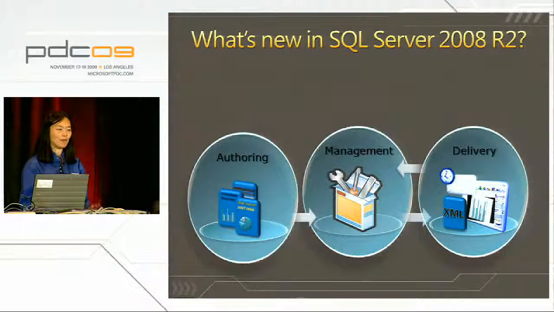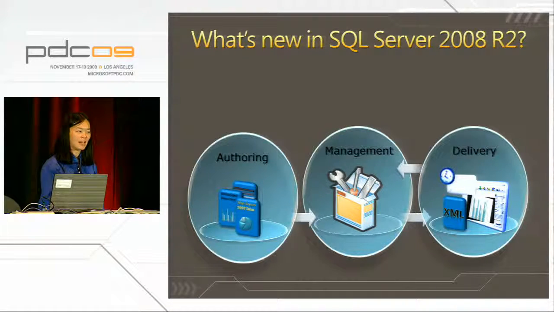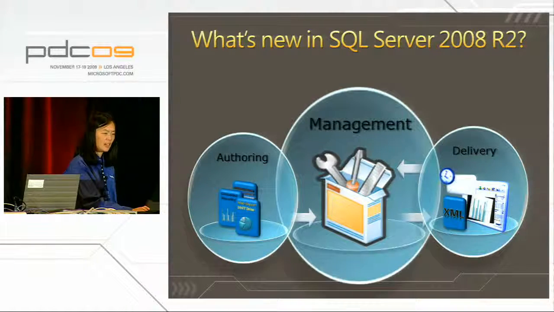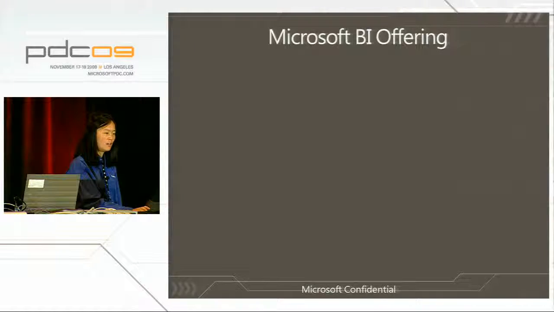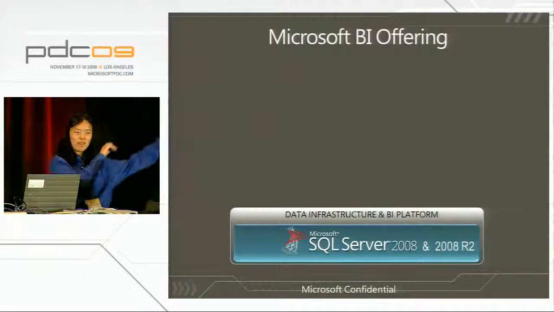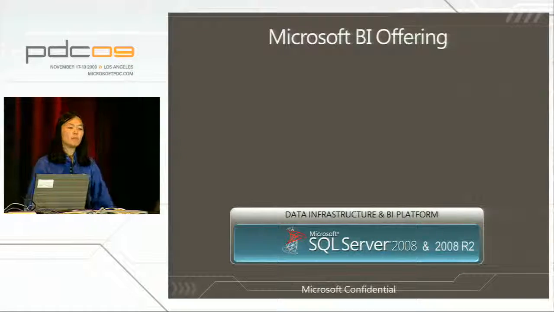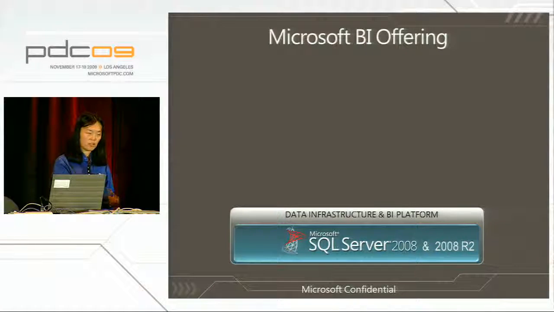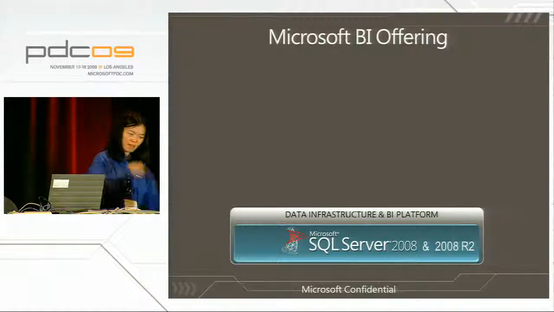So we have talked about what's cool in the authoring side. I want to touch base a little bit on the manageability side. Let me bore you a little bit with the Microsoft BI burger. Reporting Services is part of the data infrastructure. We have the relational data store, Analysis Services, Integration Services, Reporting Services, and our data offering solutions in the data